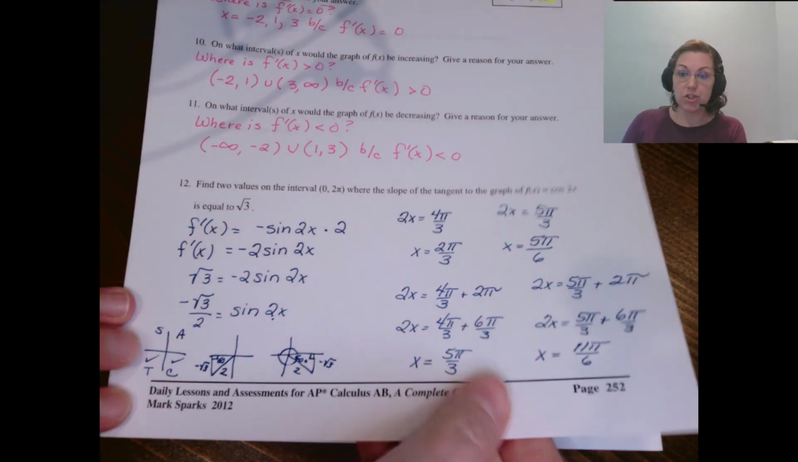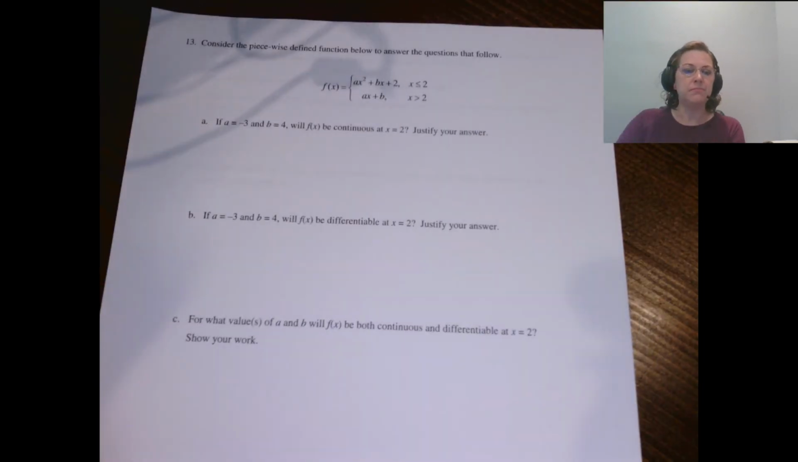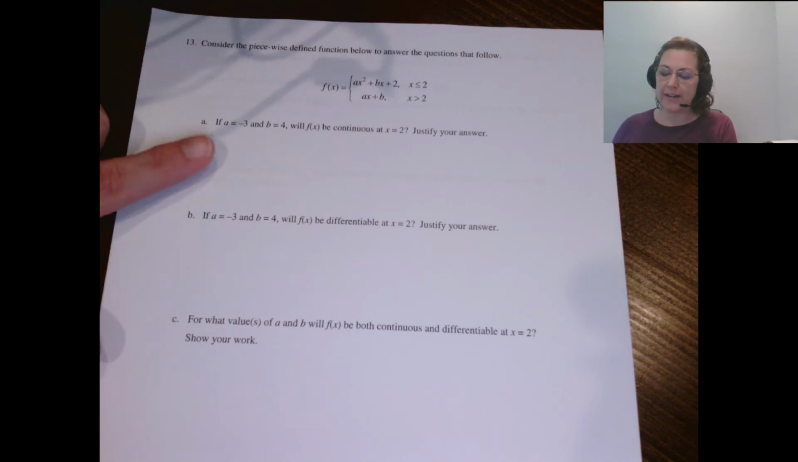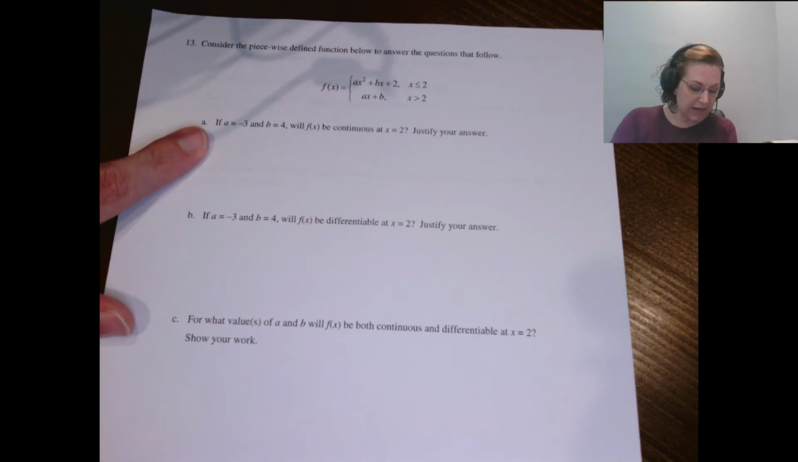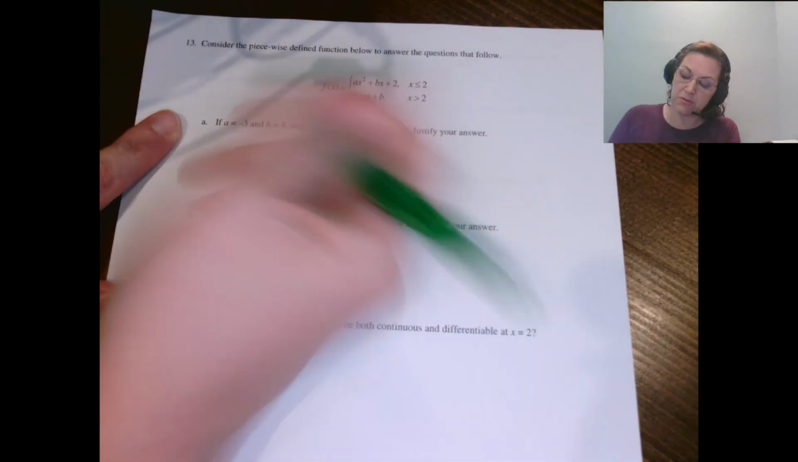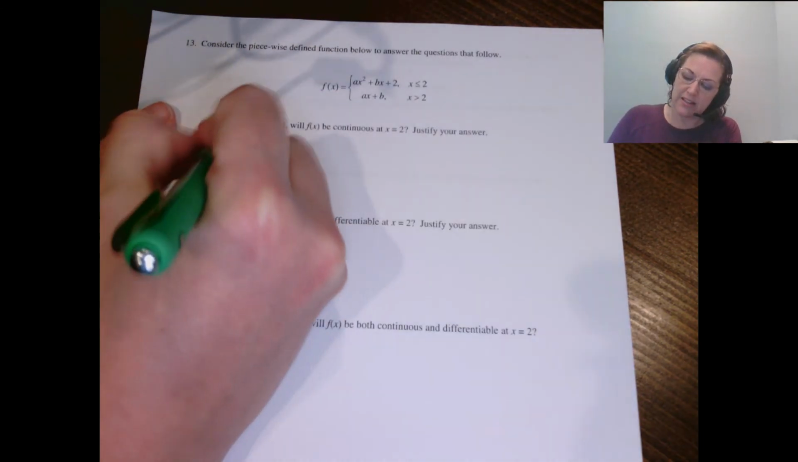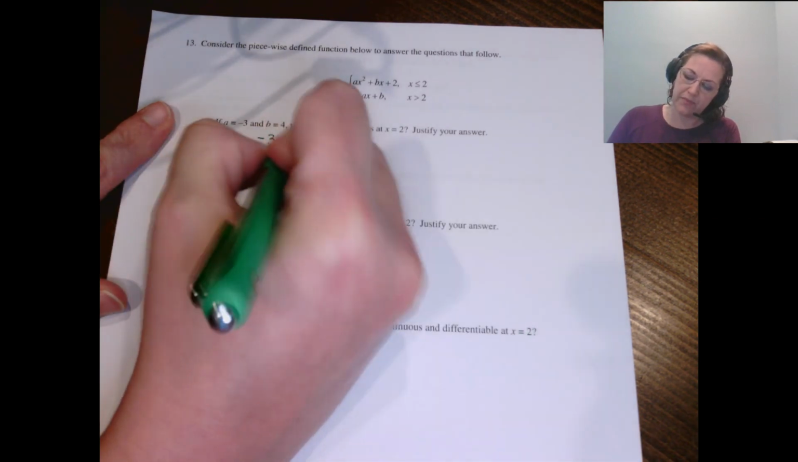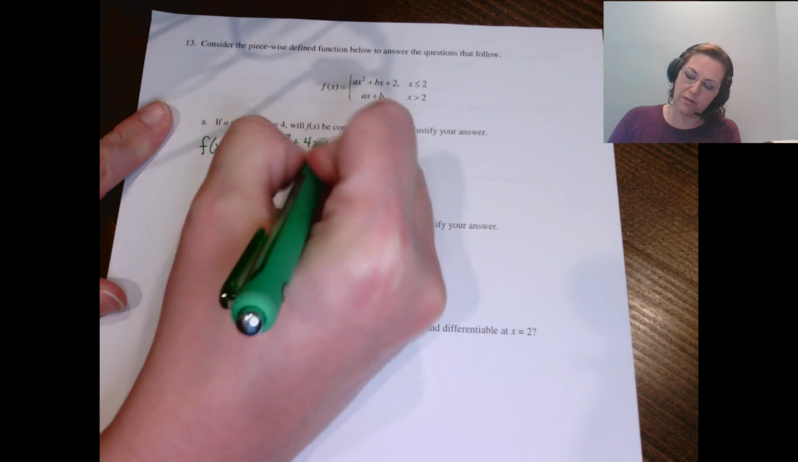Okay, 2 more problems to go. Let's look at number 3 then. A good piecewise function. Wanting to know if A is -3 and B is 4, will it be continuous at 2? Well, let's put in those values for A and B. Let's see what we get. If A is -3 and B is 4,